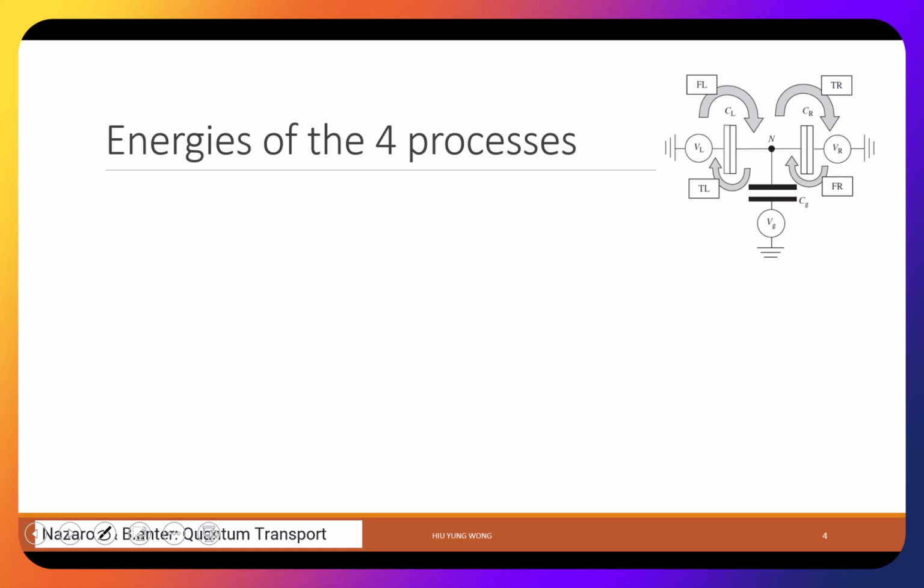Okay, so let's look at the energy of this process. So we have four processes. Let me just write it down. We discussed this earlier. From the left is tunneling from the left electrode to the quantum dot, right? So the energy, we call it delta EFL when you start with N. So what is the energy that you need? Well, it becomes the energy of the system after the tunneling, right? After tunneling, the energy of the system becomes